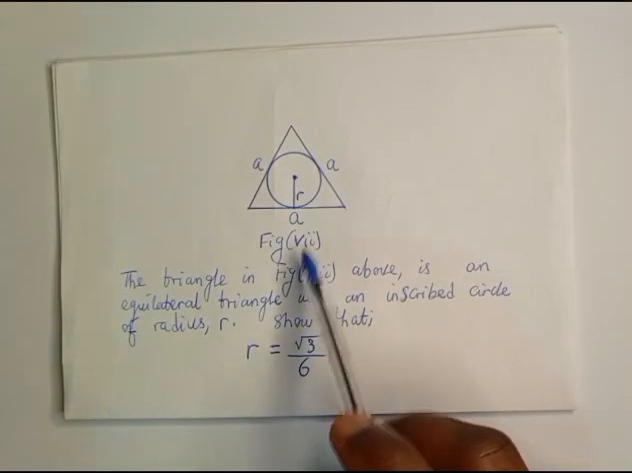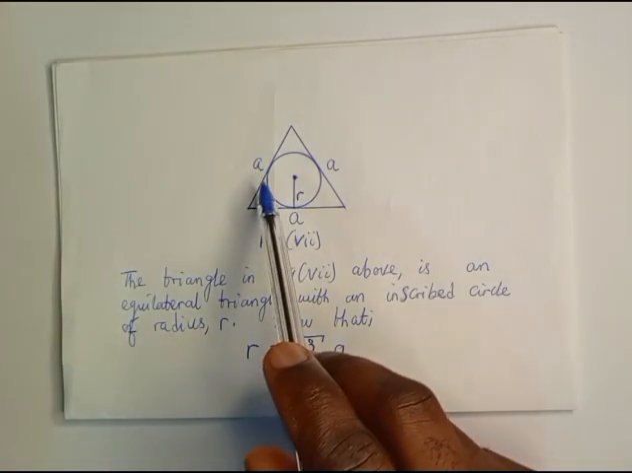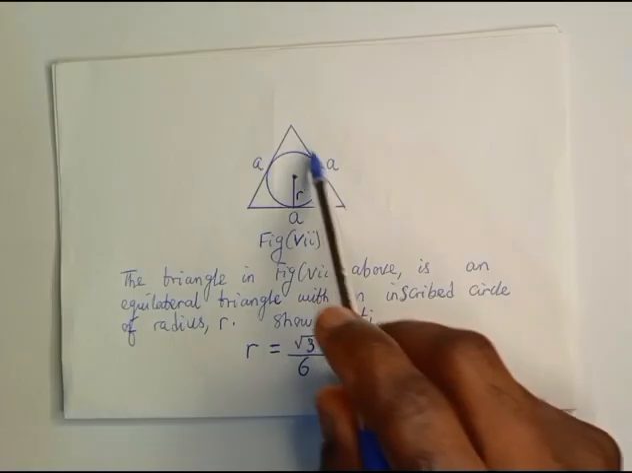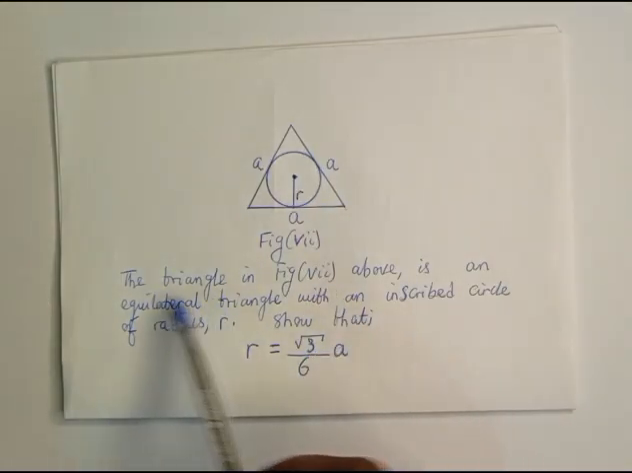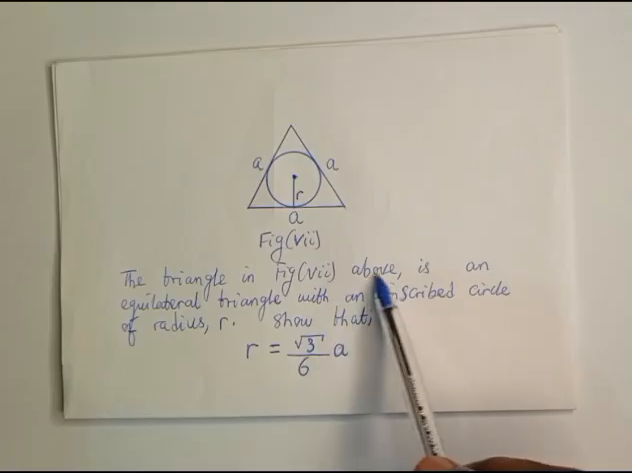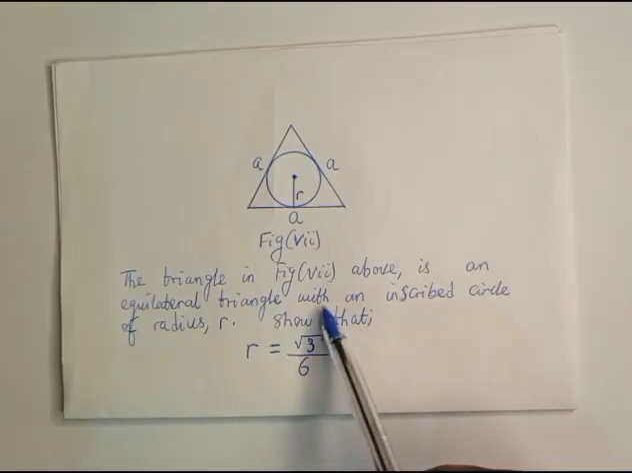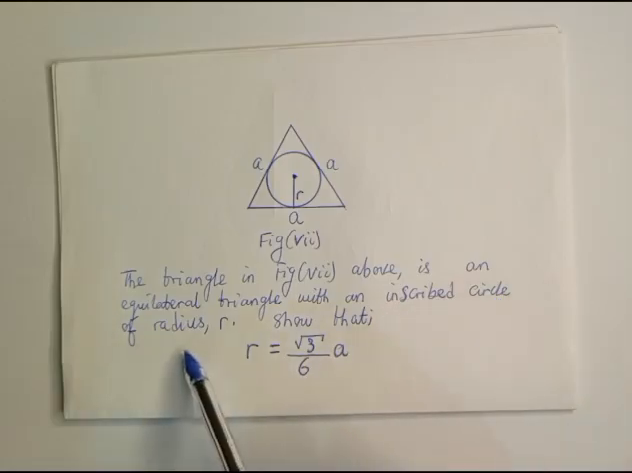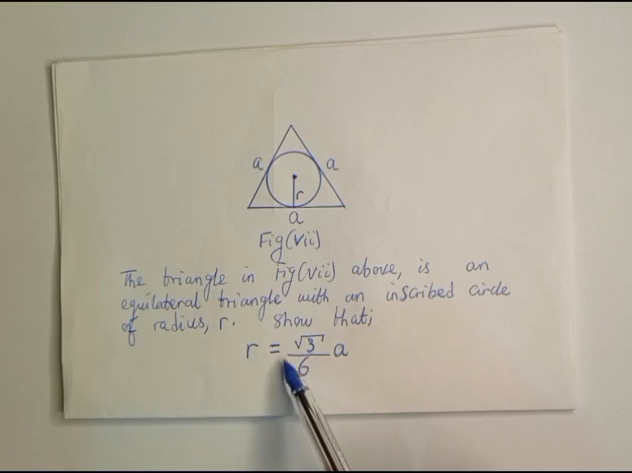Figure 7, you can see it is a triangle with sides E. That means it is an equilateral triangle with an inscribed circle of radius R. The triangle in figure 7 above is an equilateral triangle with an inscribed circle of radius R. Show that R is equal to